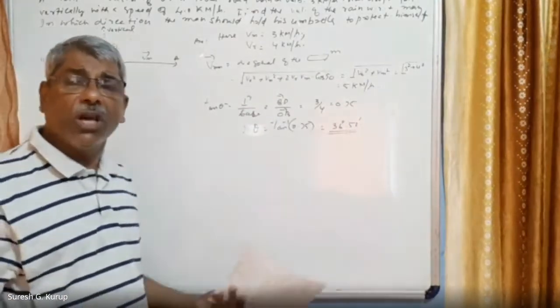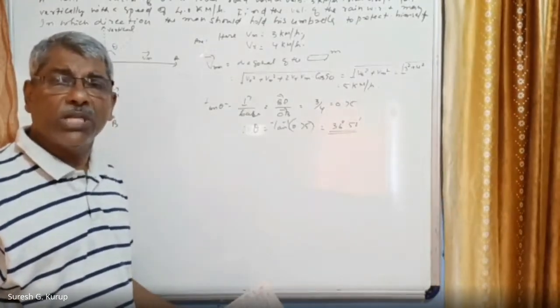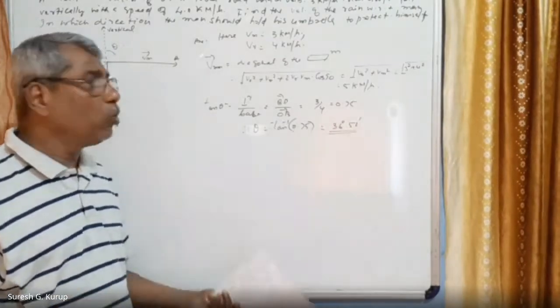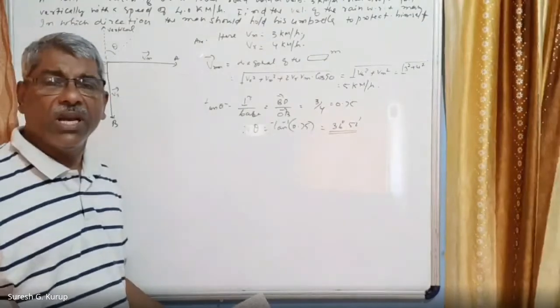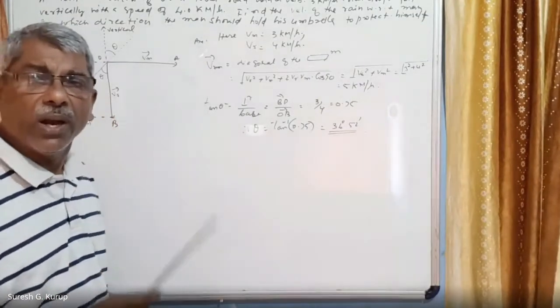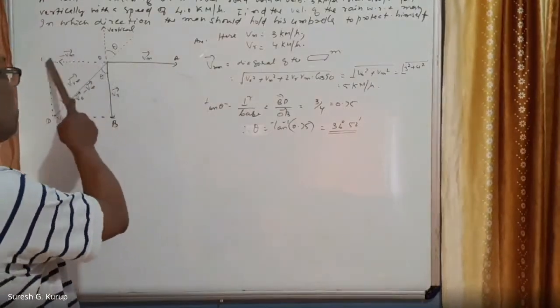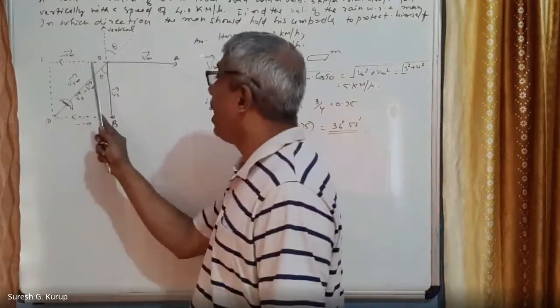Now the diagonal of the parallelogram can be obtained. The diagonal of the parallelogram is the resultant of the two vectors. The resultant of the two vectors P and Q representing the two sides of a parallelogram is root of P square plus Q square plus 2PQ cos theta. Right? What is theta? It is the angle between the two vectors. Here, which are the two vectors? One is Vr and the other is minus Vm. What is the angle between these two? That is 90 degrees. This is Vm and this is Vr.